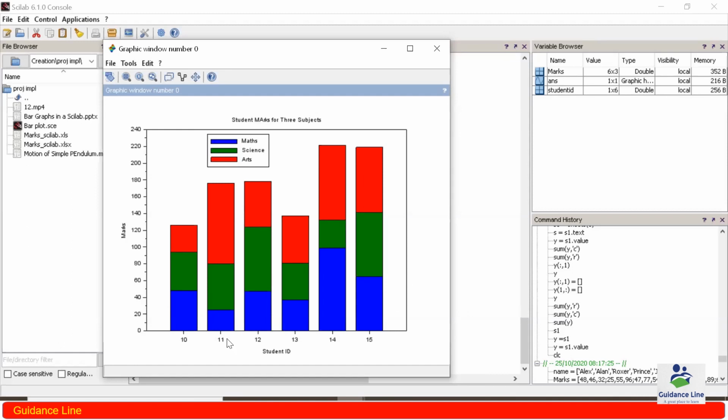Now if I want to mention the name over here, as we have discussed in the table that we have the name of students with the roll numbers, and we have the marks in different subjects. So we have represented the roll number over here and marks. But suppose I want to write a name over here, so how can we perform this particular task?